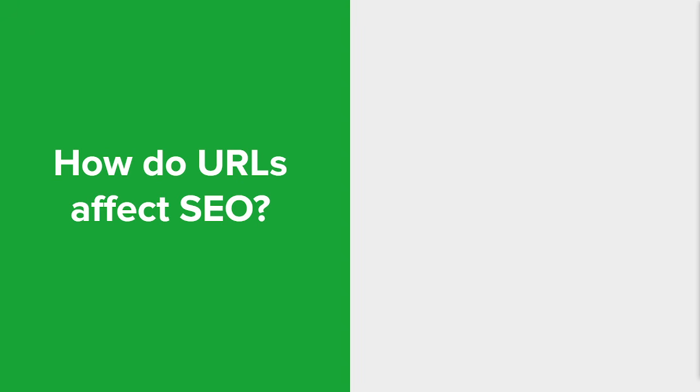So how do URLs affect your SEO? There can be an impact on SEO, as they play a role in how search engines understand and rank your web pages. One way they affect your SEO is through relevance and keywords. Essentially, if you include keywords in your URLs, it can provide search engines with valuable information about the content of your web page. Clear and descriptive URLs that incorporate target keywords have the potential to improve your search engine